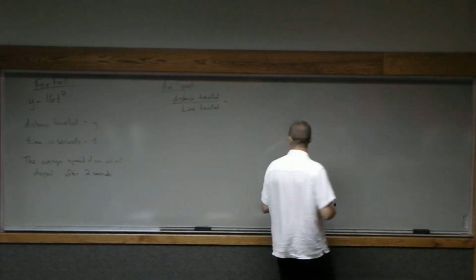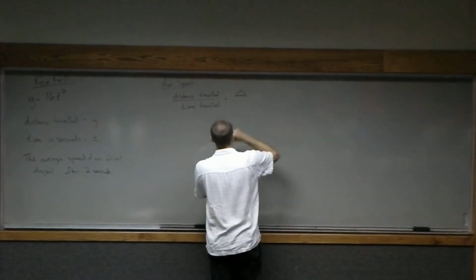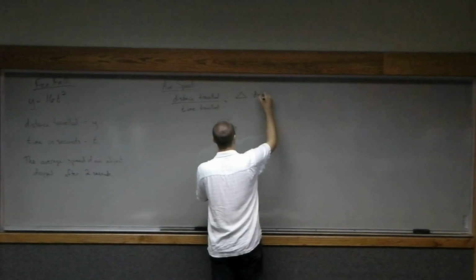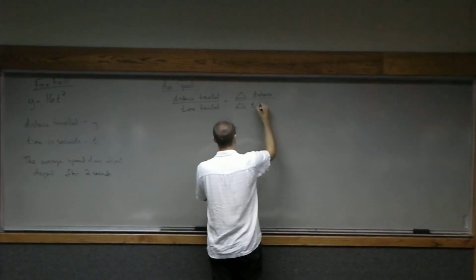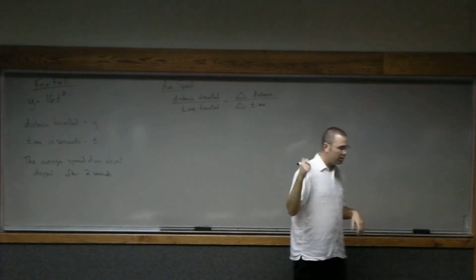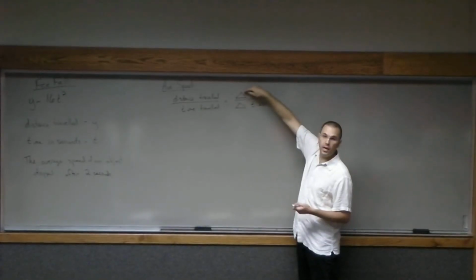Sometimes you'll often see this written with some other shorthand notation. You'll see it written with a little triangle, distance, over triangle, time. This is mathematical shorthand for change. The triangle here represents change. So change